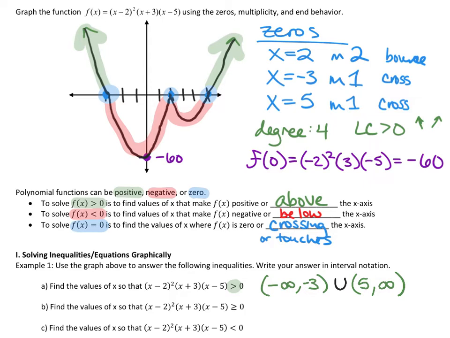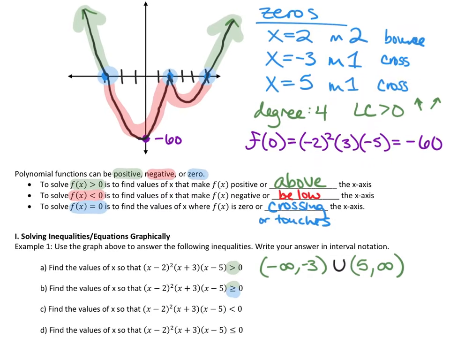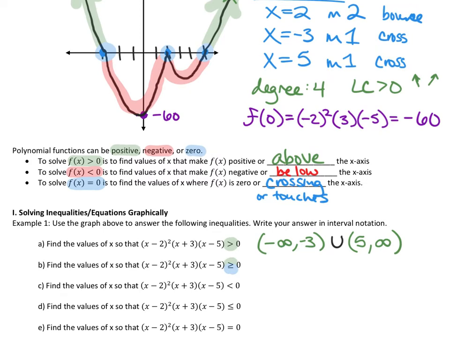So in which case, when I switch the question and now I'm asking for greater and equal to, see how there's now the line underneath it? So we want two colors now. We want both the green and the blue section because we want where it's greater and it's equal to. Don't get ahead of me though, because you might answer this incorrectly, and I know a lot of you are writing in pen. For this one, we would answer the following, and I want you to explain to me why this is like this. We'd go -infinity to -3